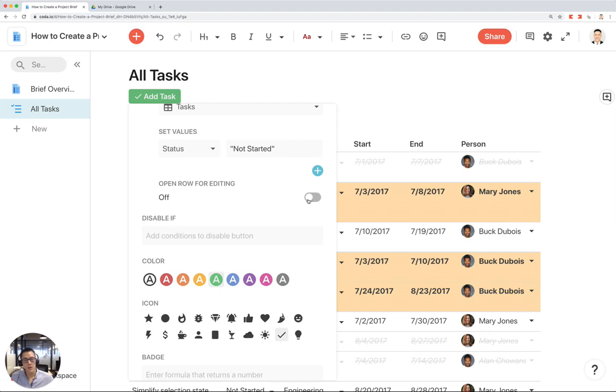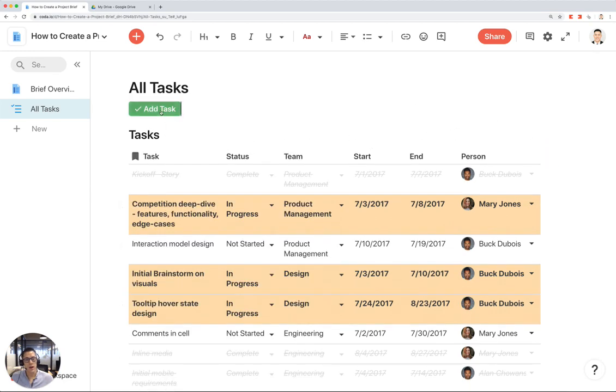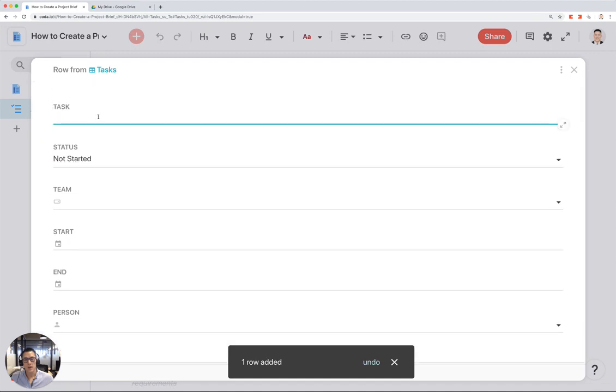And I'm going to click on this option so that it opens up a kind of pop-up so that I can quickly enter the task. So this is what it looks like. If I hit on add task, notice how it automatically says not started. I can say